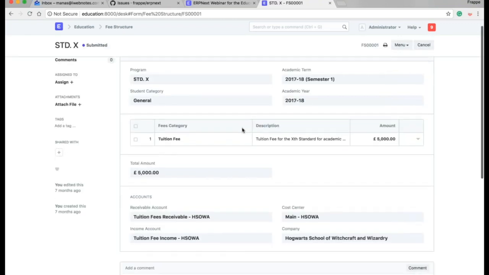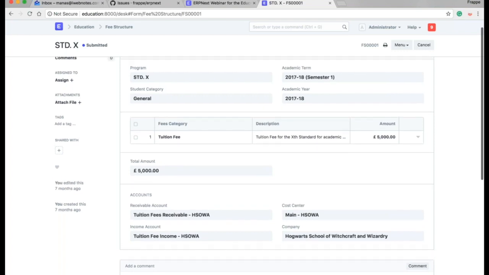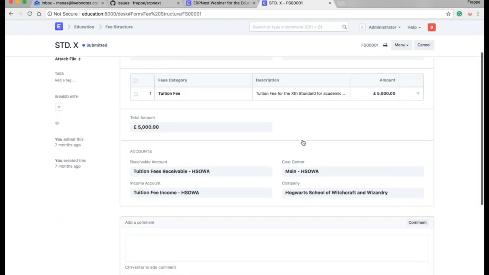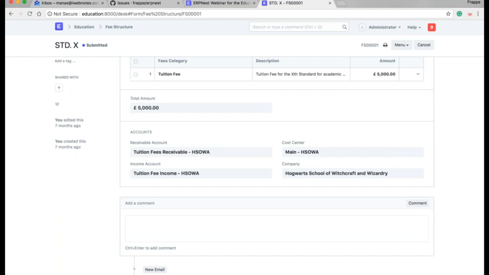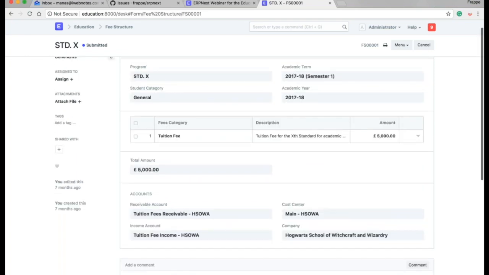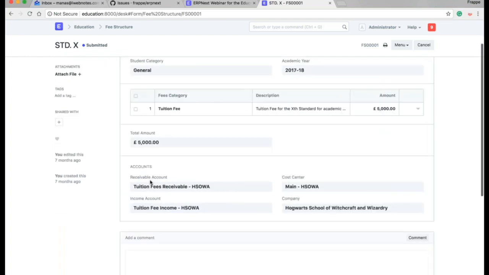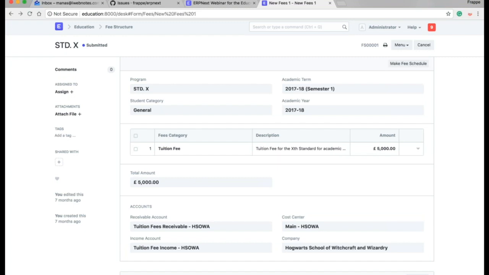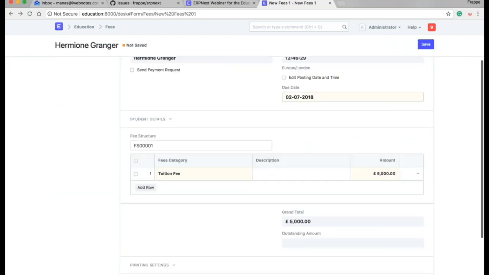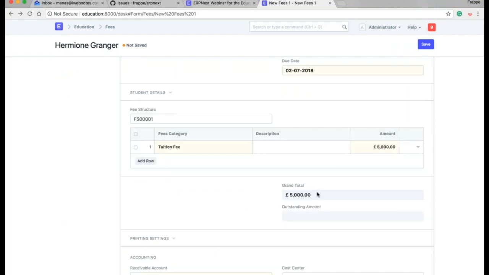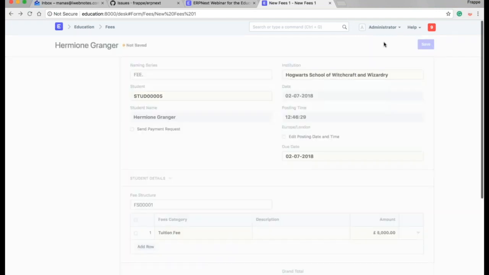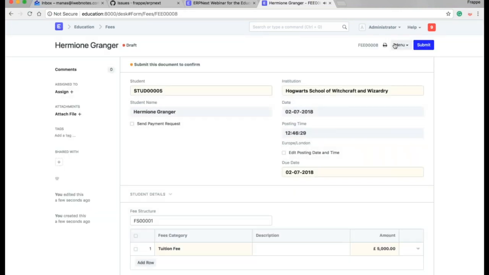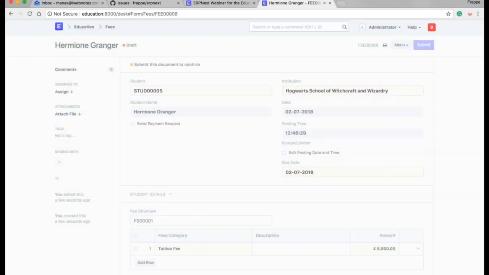Okay, so this fee structure is for standard 10th and for the general category, with tuition fee and everything. You have already submitted this, and there are receivables accounts, income account and cost center, and you have to define everything in the fee structure itself. So while creating the fee, you just have to select the fee structure and everything will be automatically fetched from that fee structure. So if you just save and submit it,